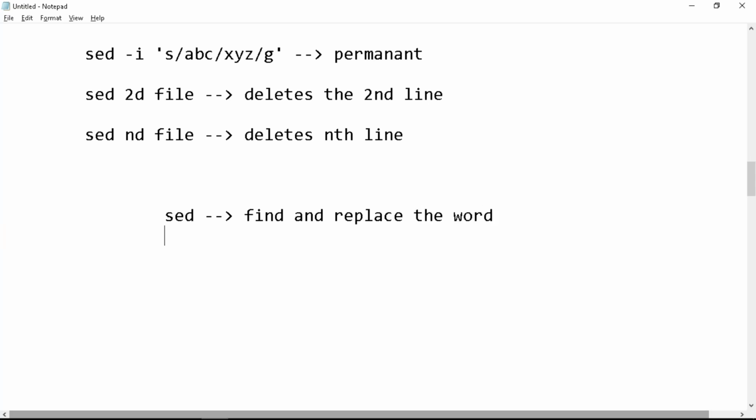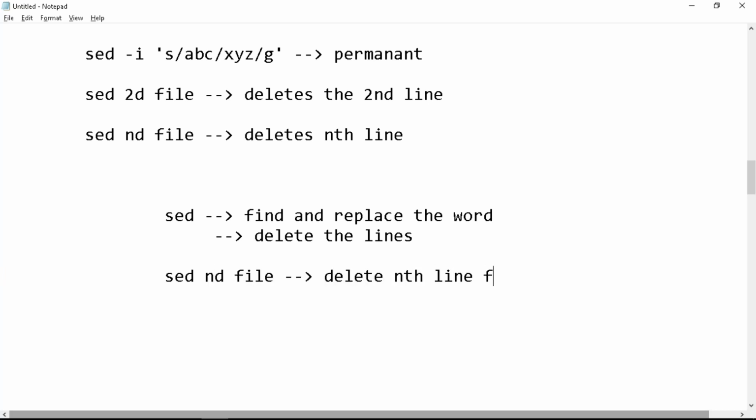Right. So sed can also be used to delete lines from the file, right? So if you want to replace a particular word, the syntax is substitute. If you want to delete a particular line, sed nd and the file name. So this will delete the nth line from the file,